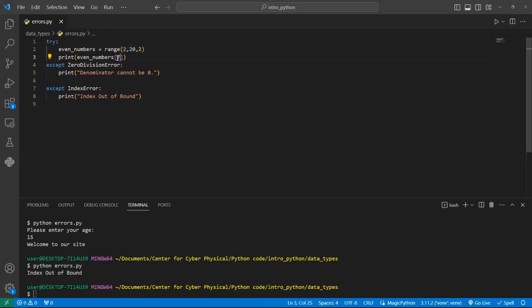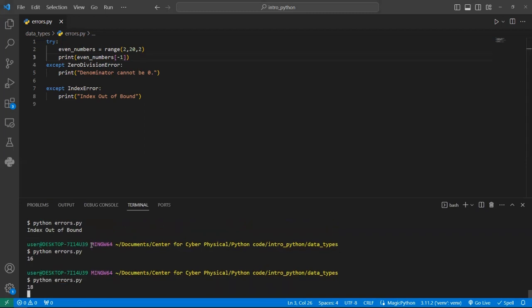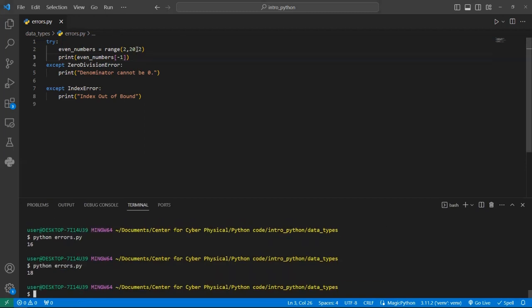So we can try 7 and we will see it should work. Now, 16, great. We can try 18. Let's see what's the last number in this range. Should be like 18 or so. 18 is the last number. Okay, if we want 20, we will go to 22 and 20. All right, so we can have as many branches as we want. So this one didn't catch it, so it's going to go into this one,